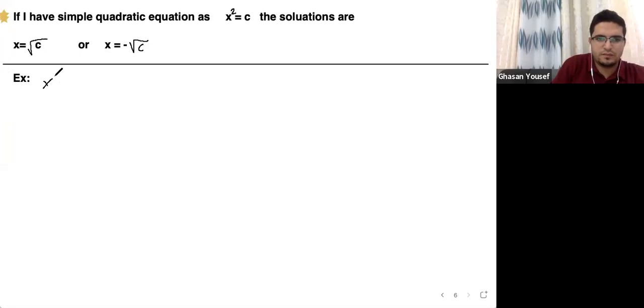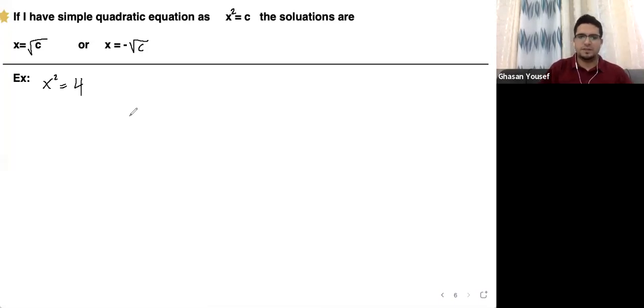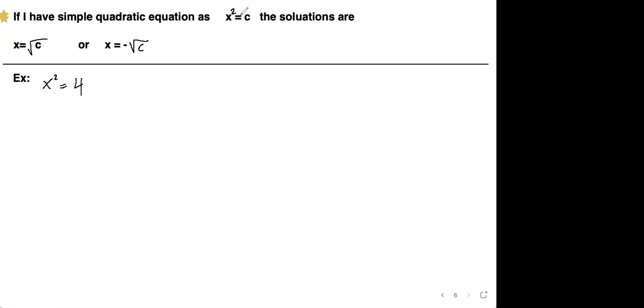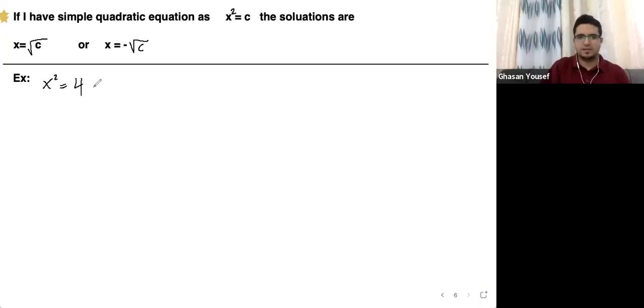Example for this. x squared equals 4. How can I solve this one? First of all, is it a simple quadratic equation? Does it look like this? Yes, it's x squared equal to a number. This is correct. So the solution will always be of this form: x equals the square root of c or x equals the minus square root of c. So the solution by using the property